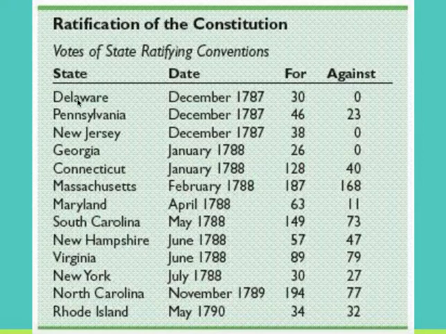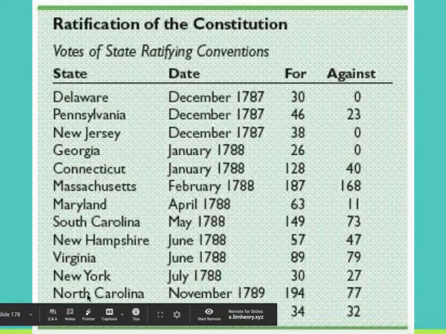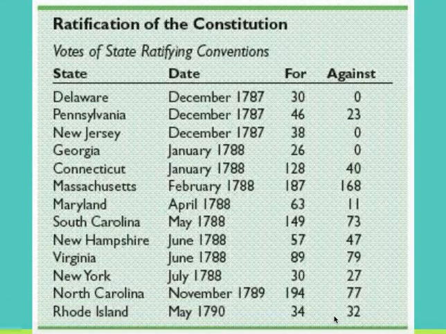So again, if it's 9 out of 13, 1, 2, 3, 4, 5, 6, 7, 8, 9. So with the ratification from New Hampshire, it became the Constitution. Eventually, other states did ratify it. But the last one, of course, classic, was Rhode Island. We'll talk more about this later in class, but you have officially finished the Constitution. Yay!